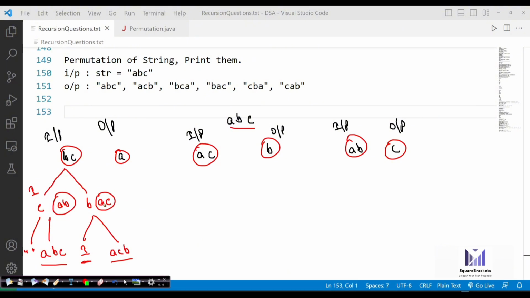Now we'll do the same for AC. We have to split it into A and C. If you have A, the remaining one will be B, C. And if you have C, the remaining one will be A and B.